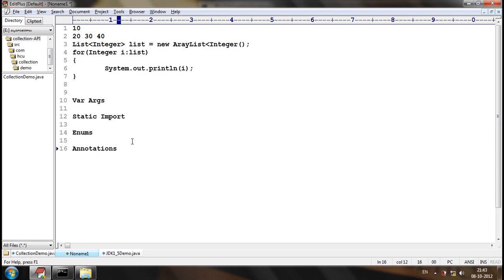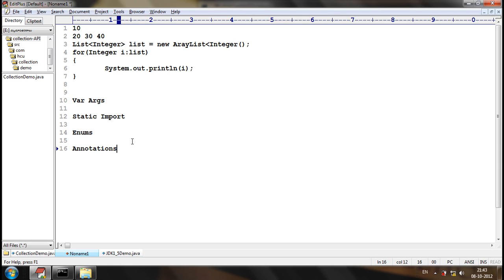Now, in the very first class of my discussion, I have given the definition of a class. What is the definition of a class? Class is one of the entities in the object-oriented programming language. What are the other entities available? Interface, enum.